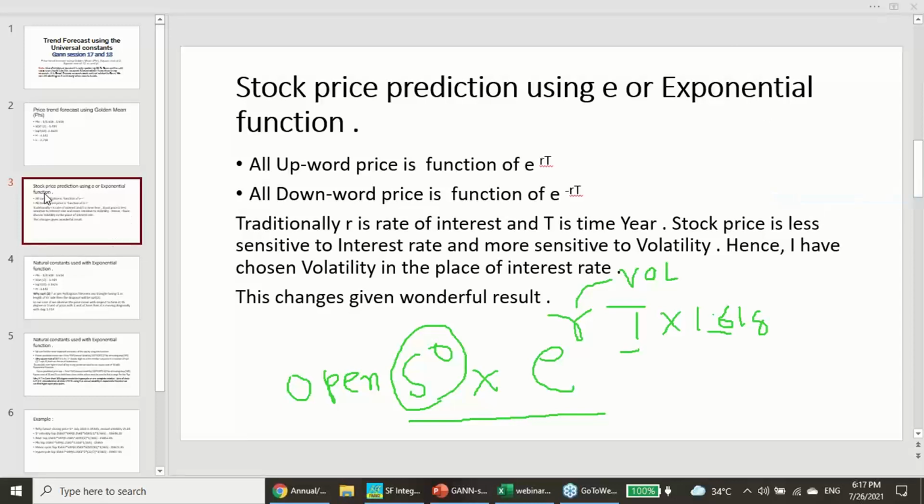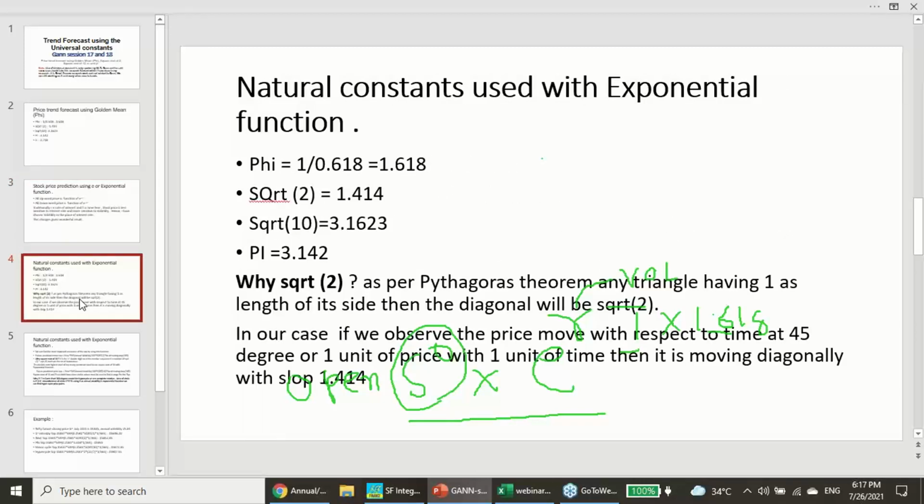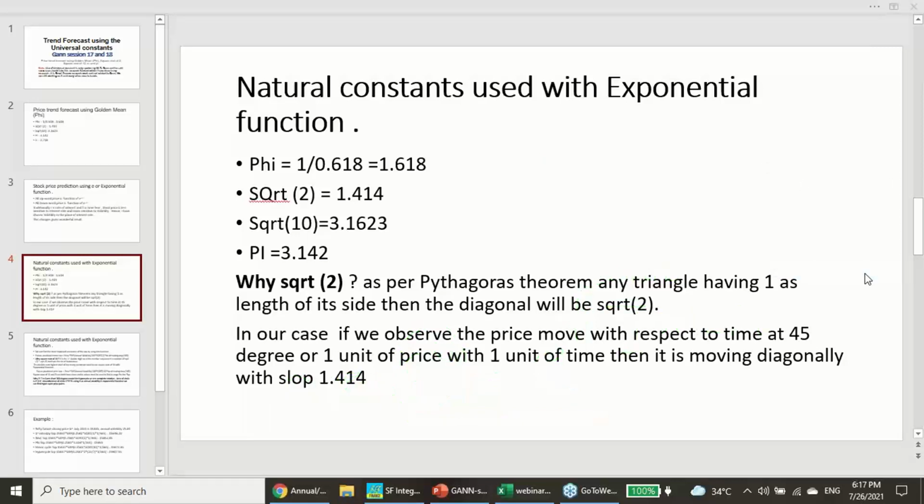So now you must ask me, why these constants? As I said to you, these constants have a great meaning in our life. They have a great meaning in the mathematical, physics, and chemistry world, and in all of these things. Just have a look at these constants. So here I'm going to take these four constants.